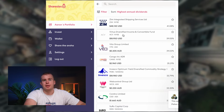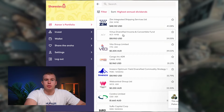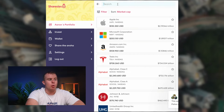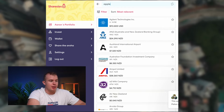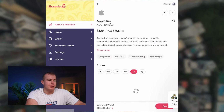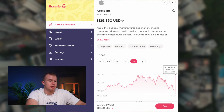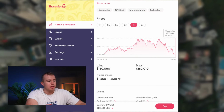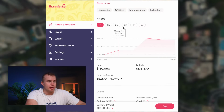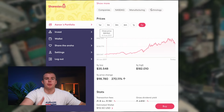So you can take a look at these different criteria when you're organizing the kind of companies that you want to invest in. So we're going to go with Apple. I'll go back to market cap, or I could also manually search for the company up the top here as well. So we click on the icon, and it's going to give us a bit of financial information about that particular business. When you scroll down, you can look at the different stock graphs across different time periods from 1 week to 3 months to even 5 years to get a good idea of the price movements